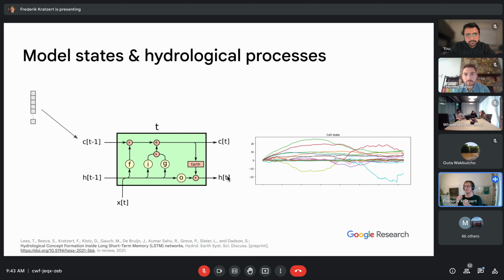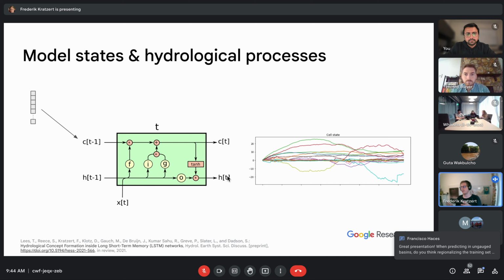So what we did was to extract the time series of these cell states from input time sequences. And now, instead of looking at individual cell states, we said, well, the LSTM can distribute information in any way across the cell state. Nobody forces the LSTM to say snow has to be stored in an individual cell state. There could be perfect information about snow stored in this vector, but distributed across 5 cell states. Could be cell state 1 plus cell state 3 minus 1/3 of cell state 5 or something like this.